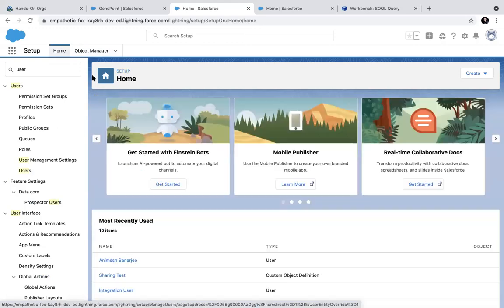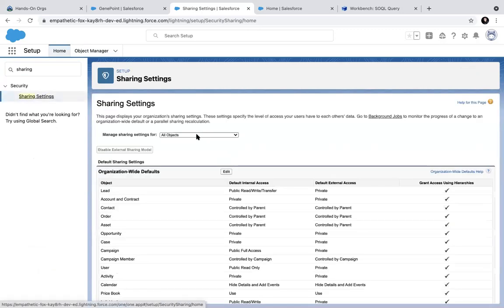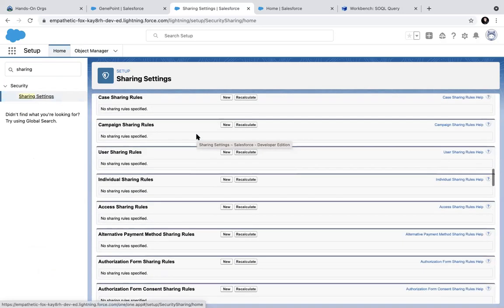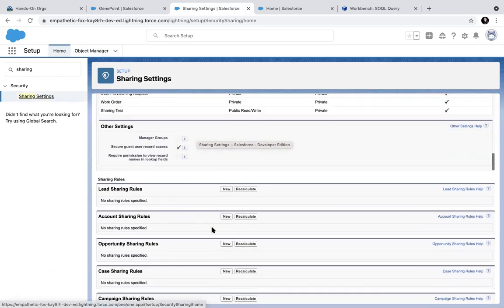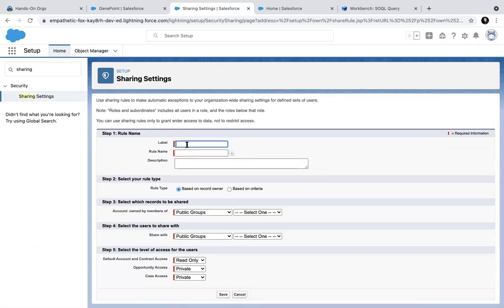The other way is horizontal sharing. The same sharing settings. Here, if you go below, you see account sharing rules is there. It can be of two types, based on record owner or based on criteria.